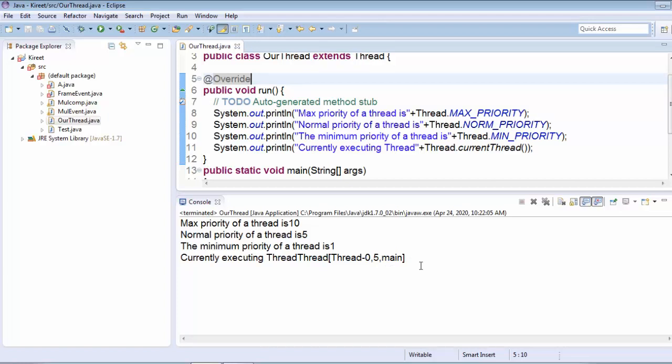In this way you can use the default built-in methods of the thread class. You can also set the priorities, and if the priorities of two threads are the same, then it is the responsibility of the thread scheduler to decide which thread has to run and which thread has to be given more priority compared to others. It can be in a round robin fashion or a preemptive fashion. It completely depends upon the JVM environment. You can correlate it with the help of some scenarios.